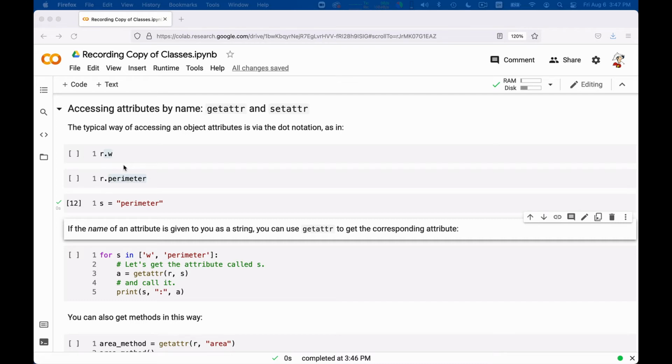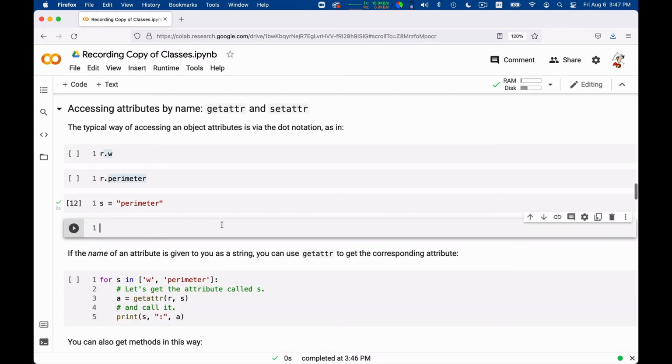Sometimes we want to access attributes using their name, not with the dot notation. Normally we say r.w or r.perimeter, but suppose we are given a string that is equal to perimeter, and we want to write something like r.getS, except we cannot quite do this, but this would be the idea, right? We have the object r and we want to get to the attribute named by the string.